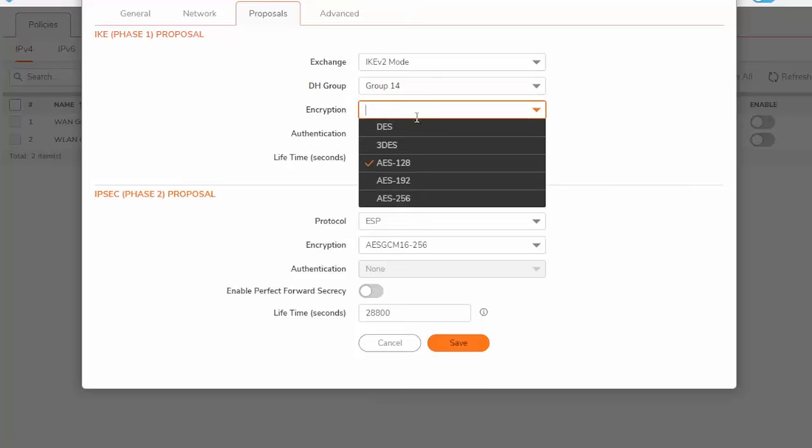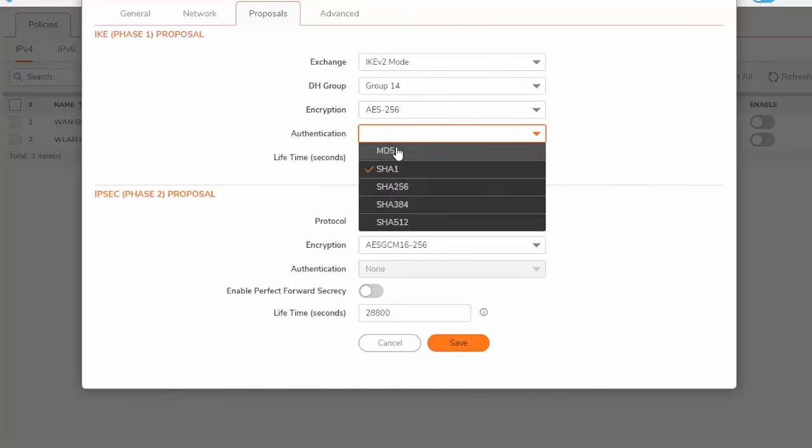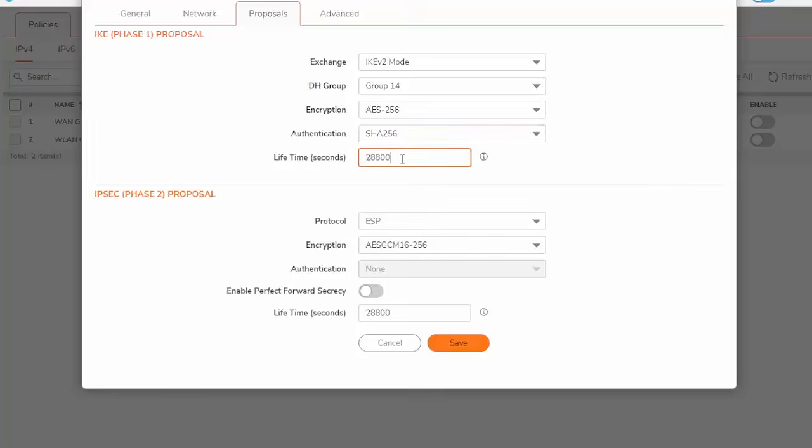Encryption, also stay away from DES and 3DES. We're going to do AES-256. Authentication, do not use MD5 or SHA-1. Go ahead and head over to SHA-256 or higher. Lifetime, you can leave it alone. I'm going to decrease it to 3600. Here we go,